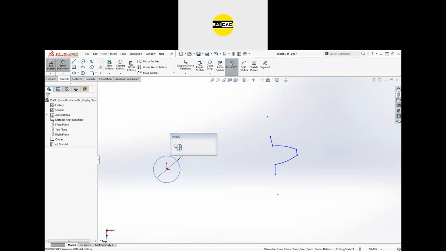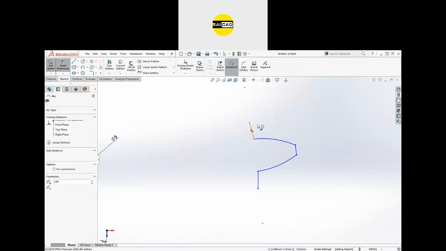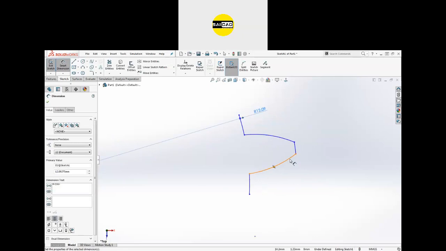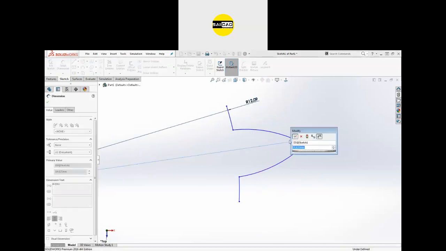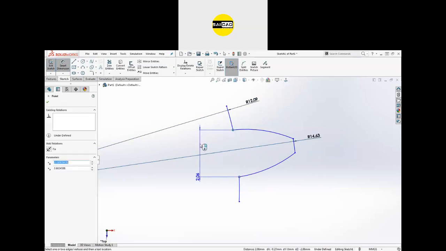You will see it is 3 diameter, and don't change the values from here. This will be 12.9, which comes directly from the component, so don't change anything. Just define the values so that the object will be fully defined, and define the gaps.